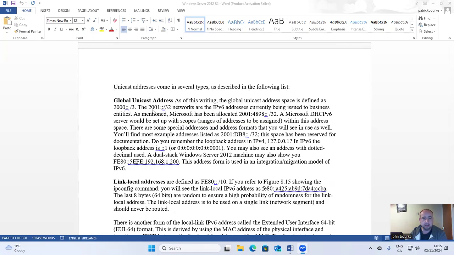2000::/3. The 2001::/32 networks are the IPv6 addresses currently being issued to business entities. As mentioned, Microsoft has been allocated 2001:4898::/32. A Microsoft DHCPv6 server will be set up with scope ranges of addresses to be assigned within this